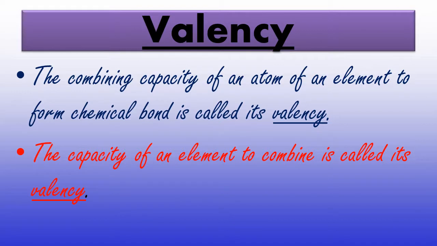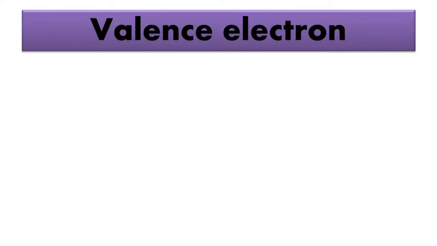In the 18th and 19th century, the laws of chemical combination were used to find out the valencies of an element, and in the 20th century, the relationship of the valency of an element with its electronic configuration was recognized. Now before understanding valency in detail, let's first study valence electrons. Now let's see what they are.